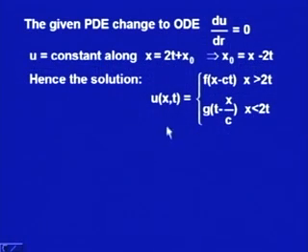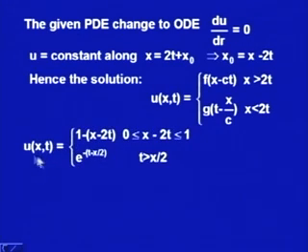So, the solution, if you do remember, in the last slides we had found out is f of x minus ct for x greater than ct. So, c would change here to 2, c is 2 actually, and g of t minus x by c for x less than ct, and again c is changing to 2. So, let us put in our f. Our solution